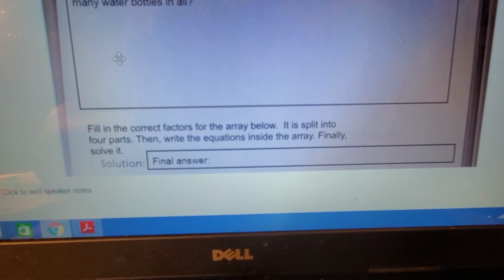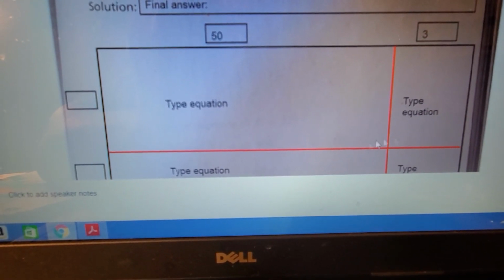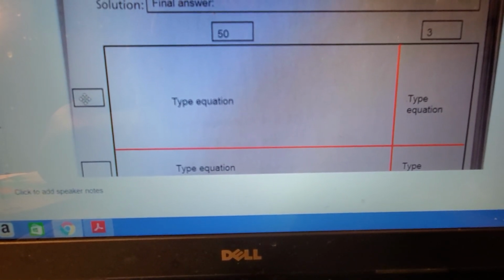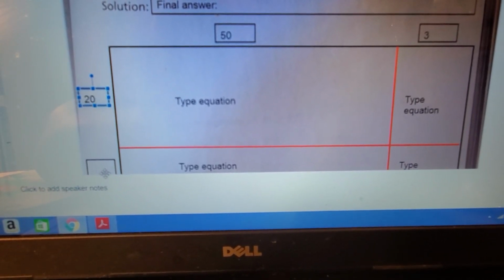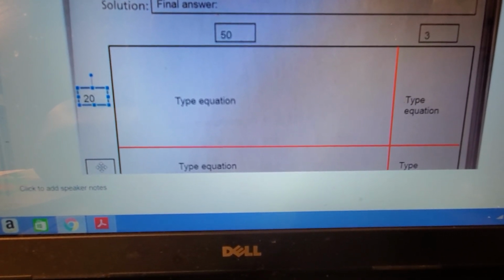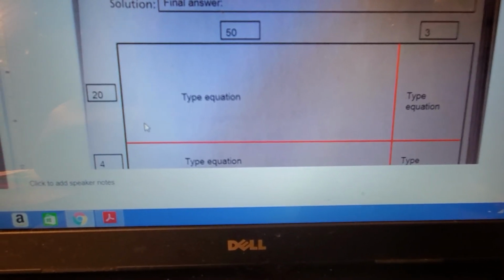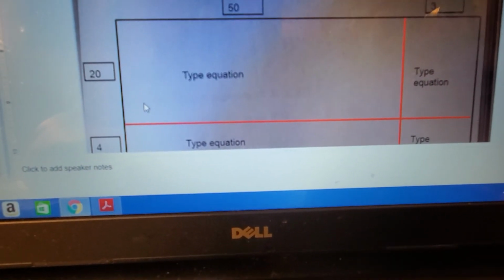Now I have to split the 24, which is on the side here. Notice I'm not doing anything inside the array yet. That comes after. So this 24 can be split into 20 and 4. And all you got to do is click on the box and type. You'll see the 4 little arrows. Type. And there you go. 50, 20, and 4. So 20 and 4 makes 24, and 50